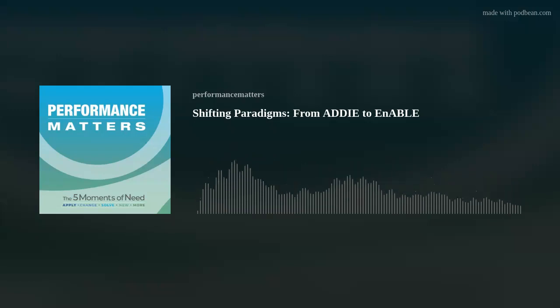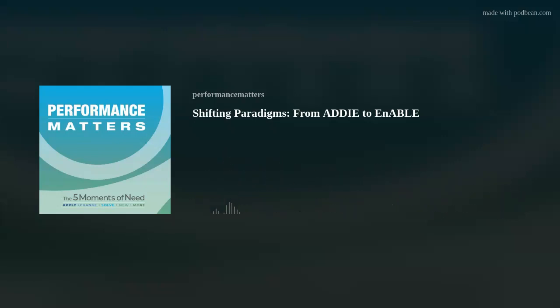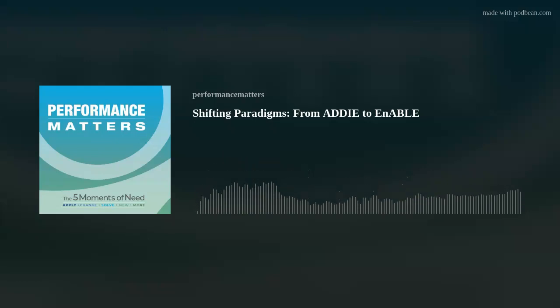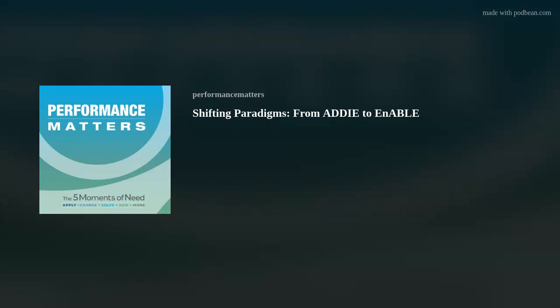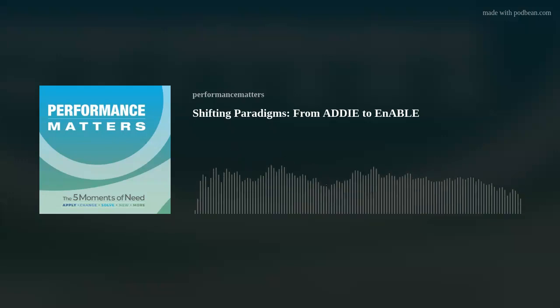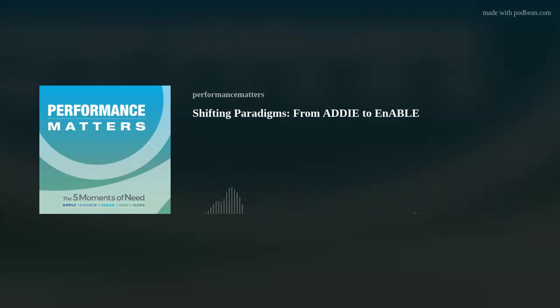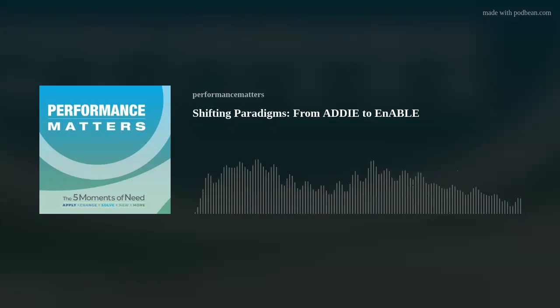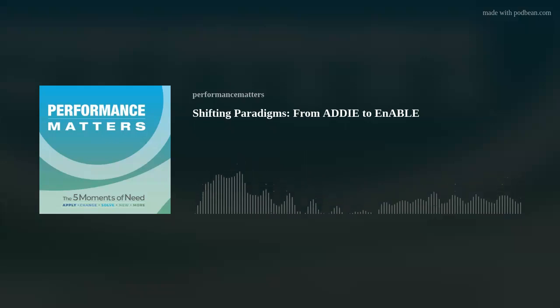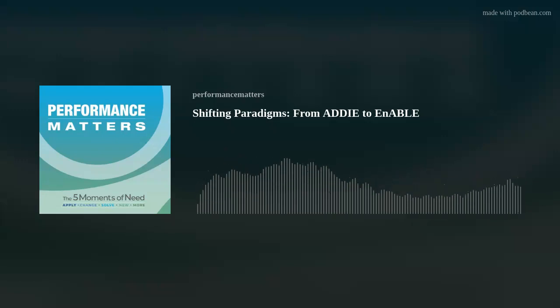I remember watching my first, what we call rapid workflow analysis, which is the first step of this model of EnABLE. Well, that's not the first step. The first step, of course, is understanding the business, right? And what are we doing? What will good look like from a performance perspective? What are we trying to analyze, to design? What are we trying to enable, right? Aligned to the business. But when we get into the design part and start building this thing, we can't build for the 5 moments. We can't build for workflow learning. We do not know what needs to be trained, if at all, until we understand the work, the workflow.